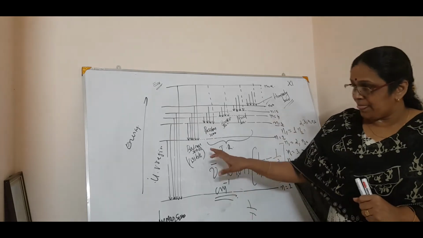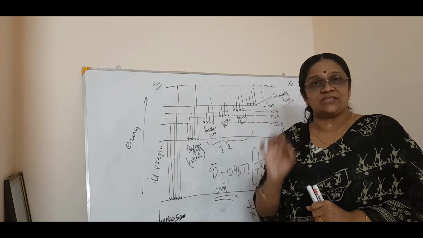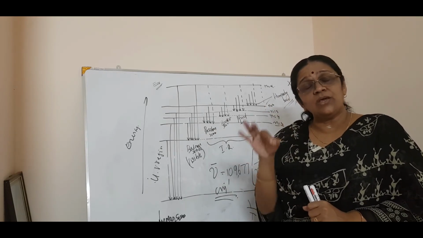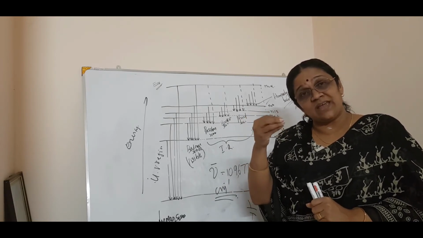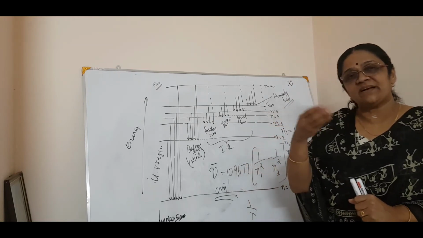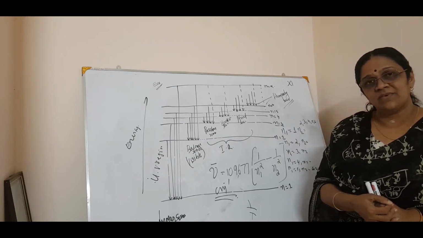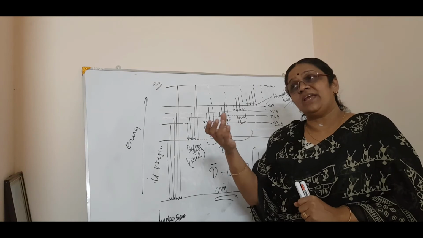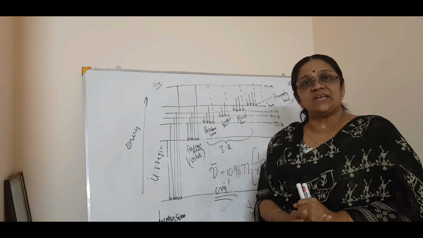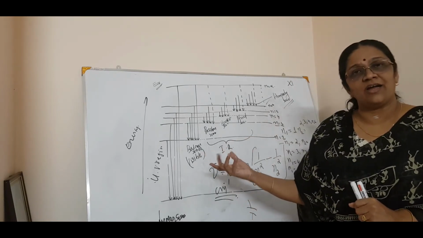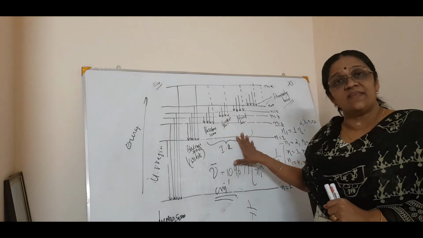And next, the line emission spectra is unique for every element. For each element, the line spectra is unique, and the spectral lines show a gradual variation in each element. Now why does this show a gradual variation? Maybe because of the electronic configuration, isn't it? That we will consider in the Bohr model for hydrogen. So this much is a small description of how these lines are formed in the hydrogen atom.